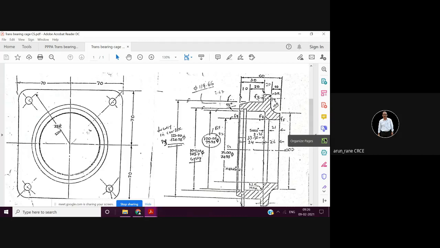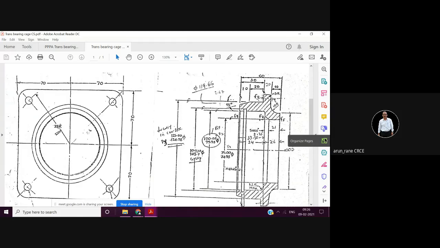So first is your high carbon steel, then next is your high speed steel, then you have cemented carbide, then above cemented carbide you have coated tools. Coating can be done on HSS or on carbide. Then above that you have CBN tools, that is cubic boron nitride, and then above that you have diamond tools. Diamond tools are the most expensive, and below that you have CBN, that is cubic boron nitride.